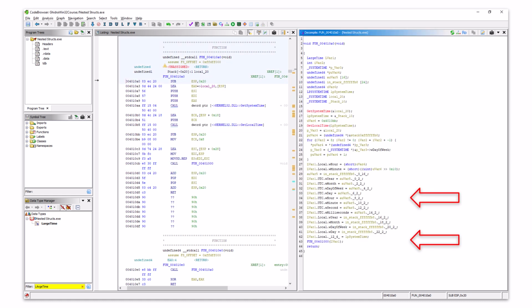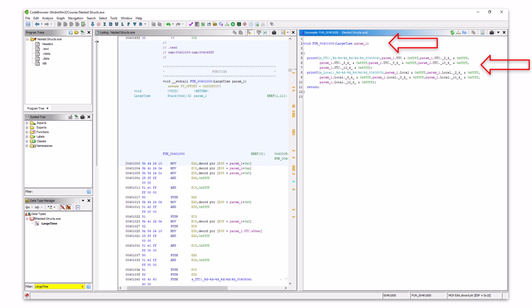After the change was applied, Ghidra showed a lot of previously hidden operations in the decompile window. That's a lot. I encourage you to review all of them on your own. Now, let's see how the printing function changed after its signature was changed so drastically. The function did change indeed. It is pulling all the relevant data needed for printing local and UTC times from the members of this large